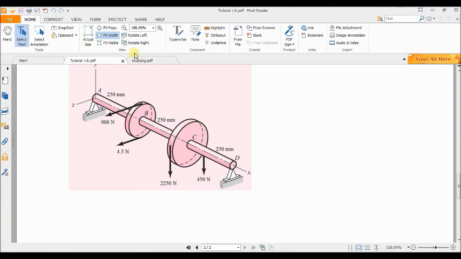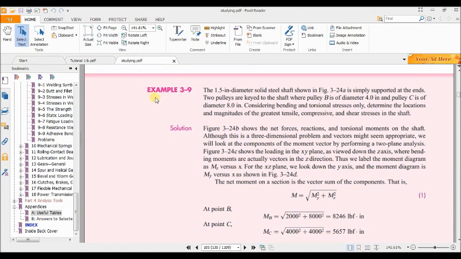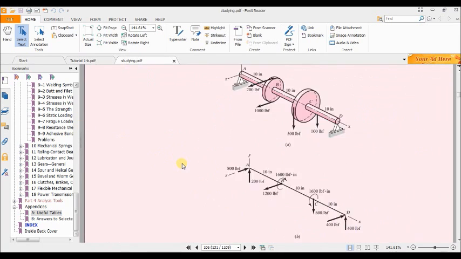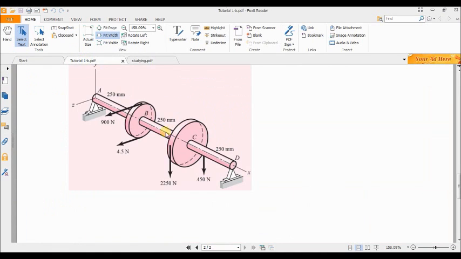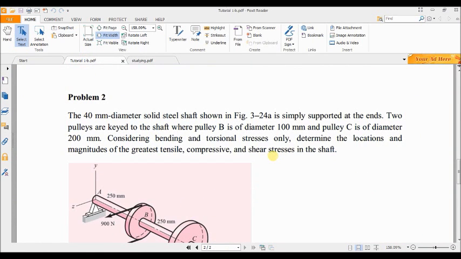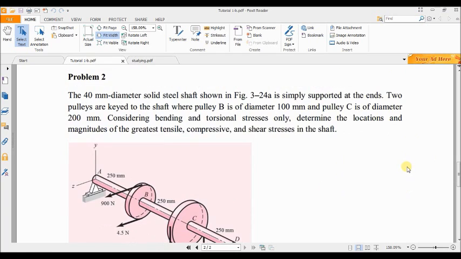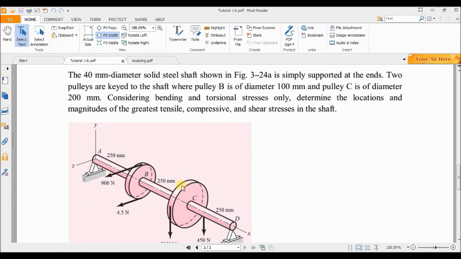Today I would like to solve problem example 3.9 from chapter 3. Here I have the metric version of this problem. Here we have a shaft with diameter of 40 millimeter, which is shown here, with two pulleys at location B